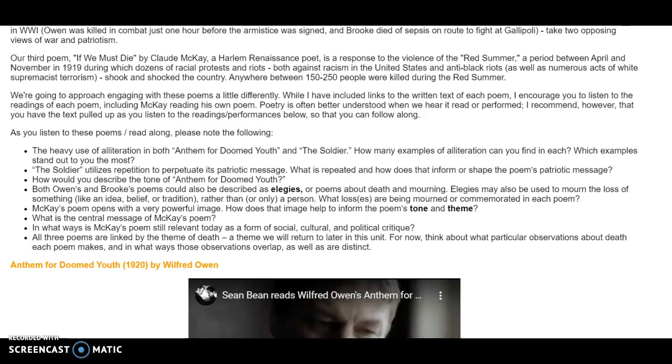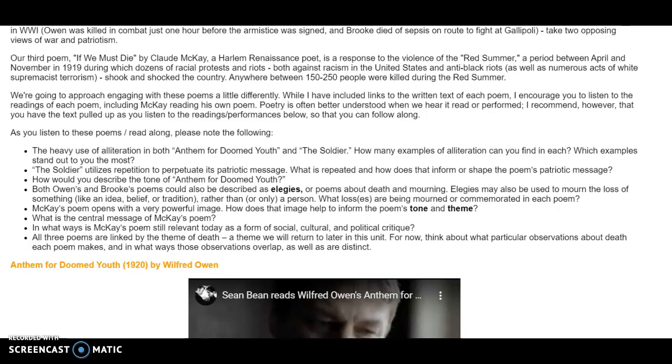And if you look at each of these bullet points in turn, you'll see some of what I've just described. The first bullet point is about the use of alliteration in Anthem for Doomed Youth and The Soldier, whereas the very second bullet point is really talking about a specific theme, patriotism, in The Soldier. The third bullet point is about a literary device, the tone in Anthem for Doomed Youth. Likewise, the fourth bullet point is also a question that involves a specific literary term, even more particularly a specific